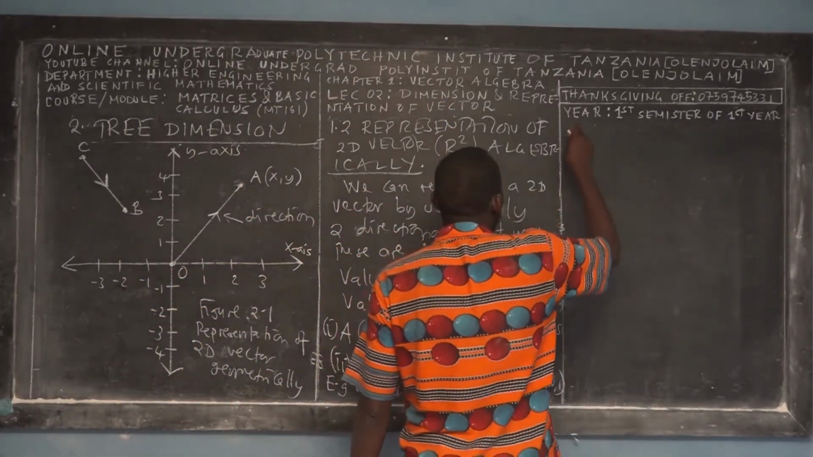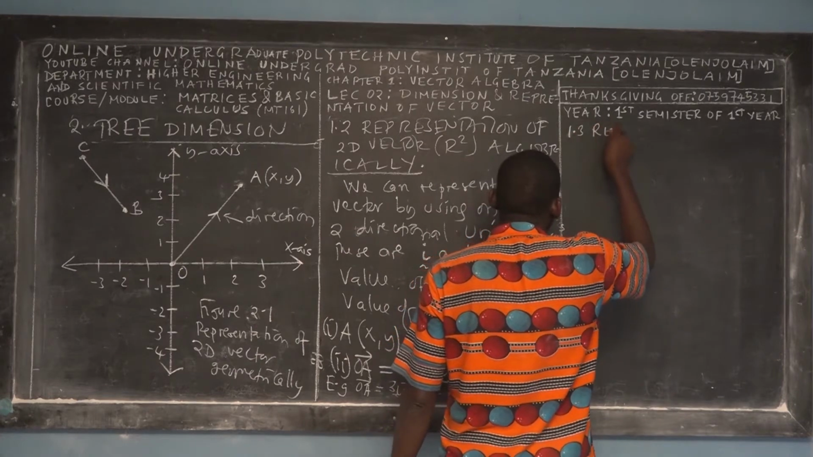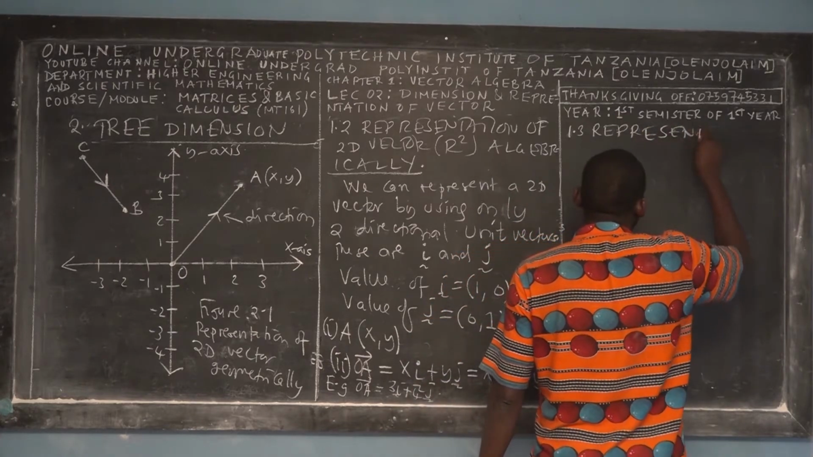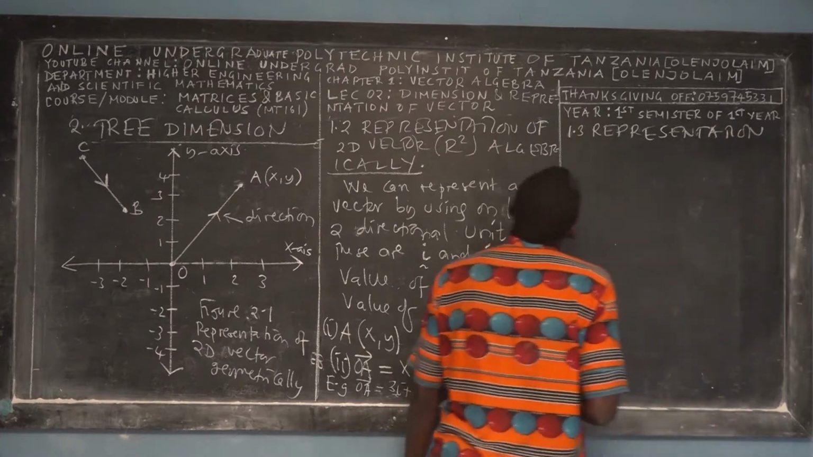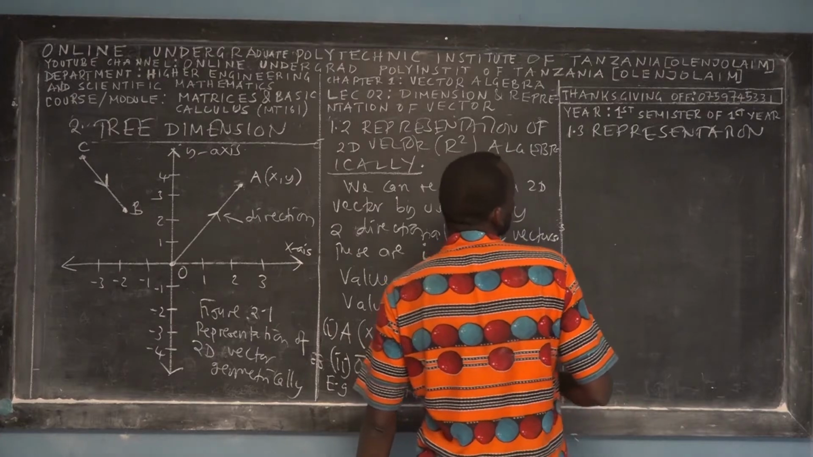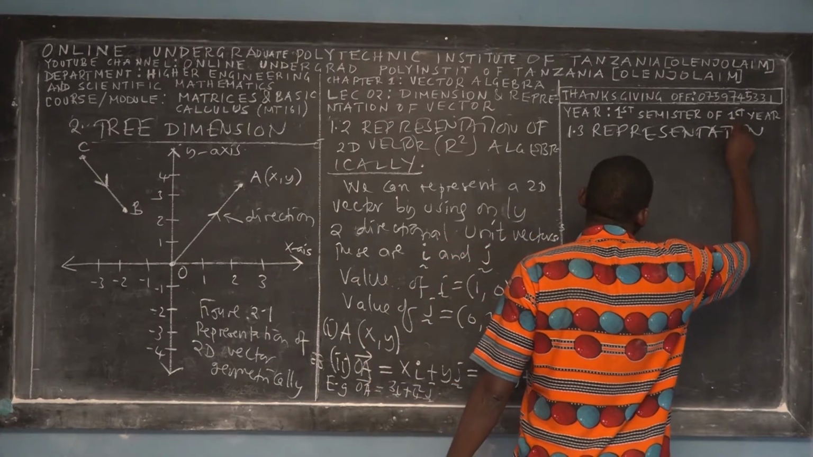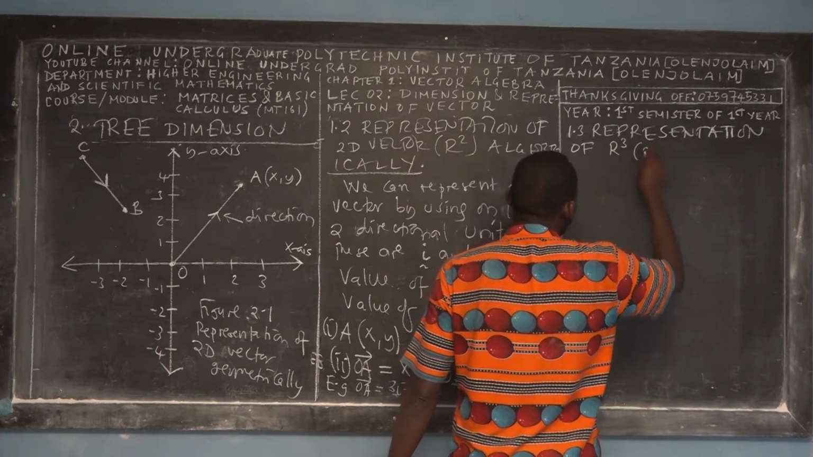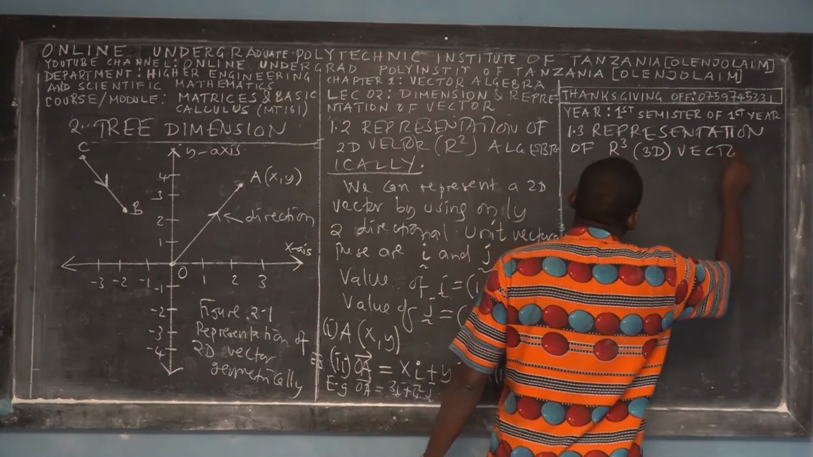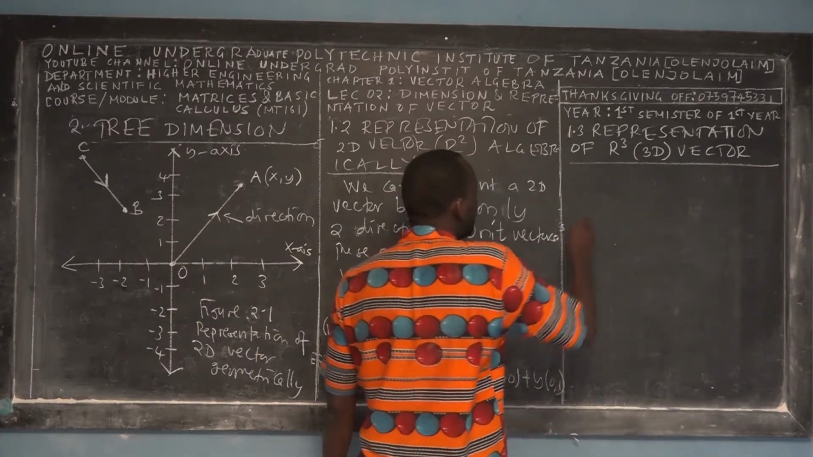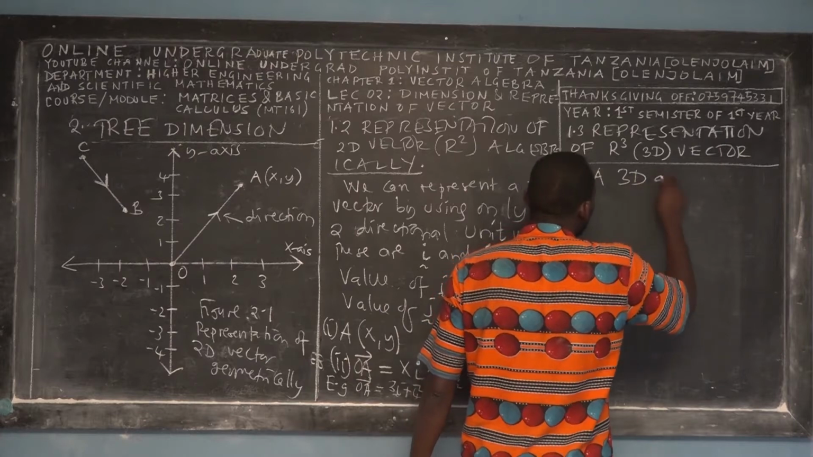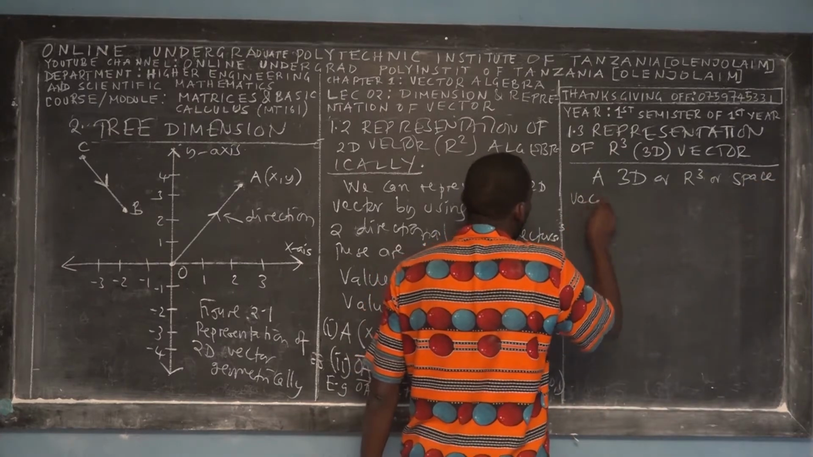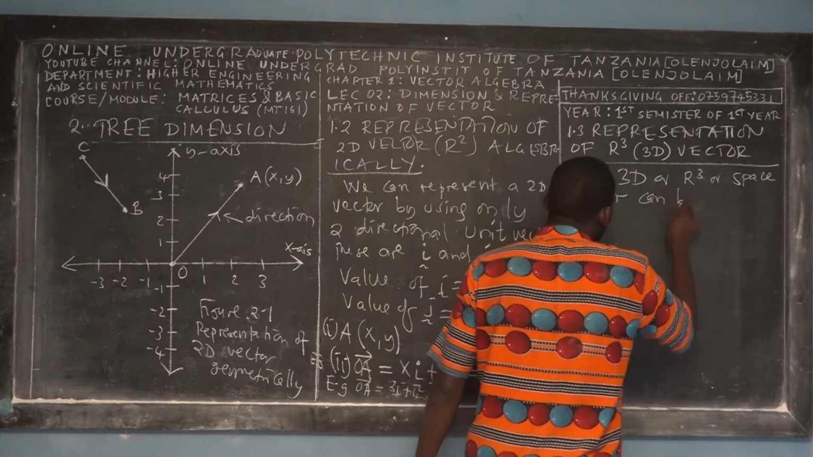Okay, so now we are going to 1.3, and I want to teach you, my beloved students, about representation. I'm building the foundations of vector algebra for the course called Matrices and Basic Calculus. So, representation of a three-dimensional vector, or in some books, a 3D vector. A three-dimensional vector, or R cubic, or space vector, is also known as a space vector because one of the axes is in space,